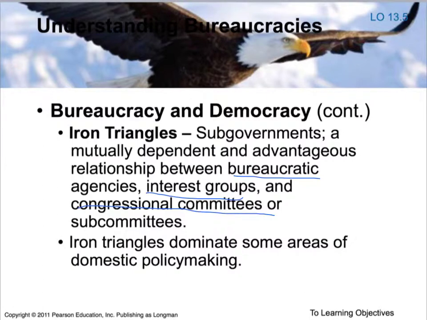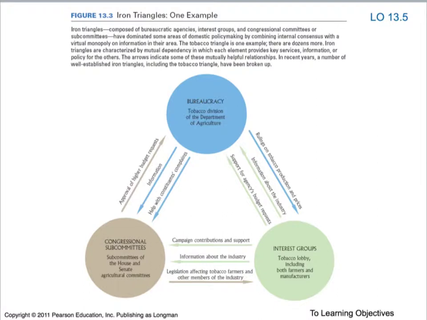If the Navy wants to get a new fighter jet, they're going to have to work with the lobbies and or the contractors for that fighter jet. The lobbyists will, on behalf of the contractors, influence Congress. So you end up with a very tight iron triangle. So this is your iron triangle.